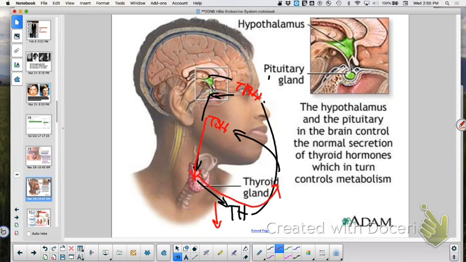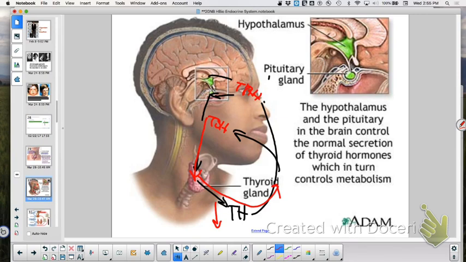And when the thyroid hormone level gets there, it's just like your oven. Set the temperature at 375. It's going to heat up until it gets to 375. And that temperature is going to shut off the heating coils. If you open up the door to put in your plate of cookies, right, little heat's going to escape out. And so the temperature is going to drop. It's going to turn back on again. What kind of feedback is that? Negative, because you're keeping it just right. You're correcting it to the right temperature.